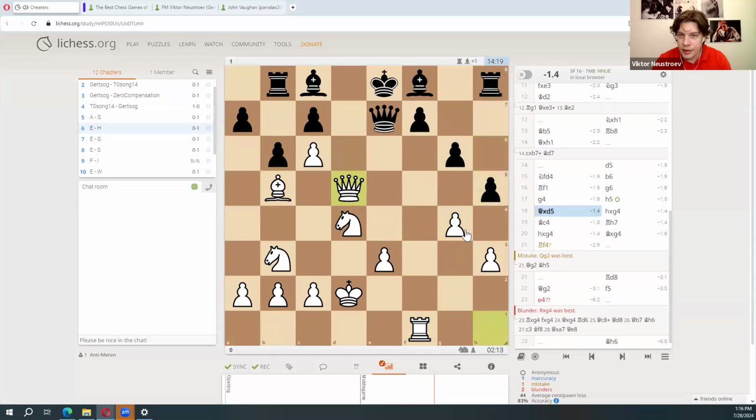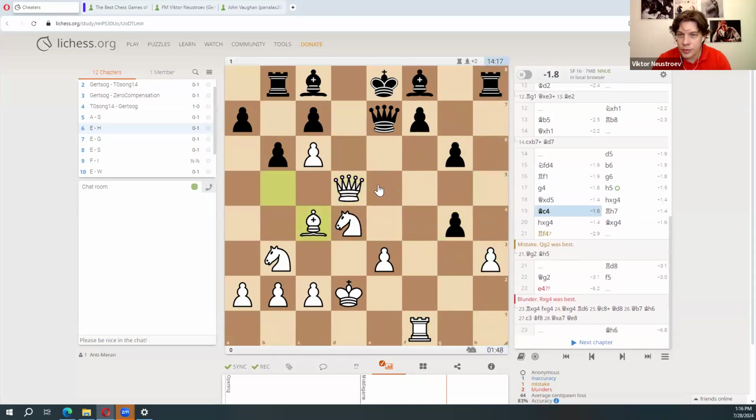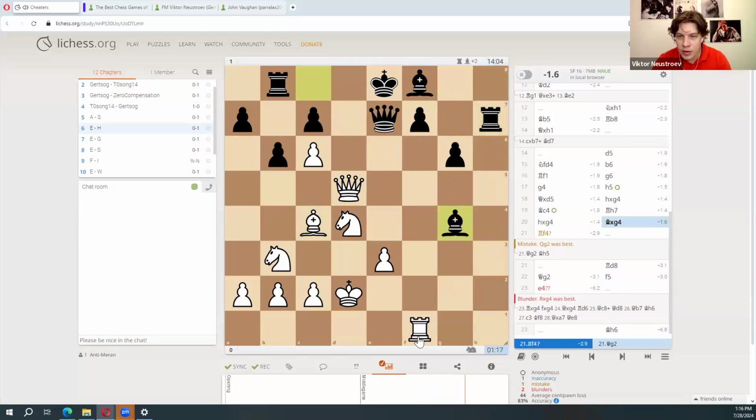Queen takes d5, so looks like white gained the pawn, but then they gain a pawn back and activate their rook. So here white decides to put pressure on f7, and looks like they already achieved something. They forced black to even being down the material, so white is down the exchange. They forced black to defend, but h takes g4, bishop takes g4, and now, well, they are low on time. It's 1 minute left, so they play rook f4, which is natural.